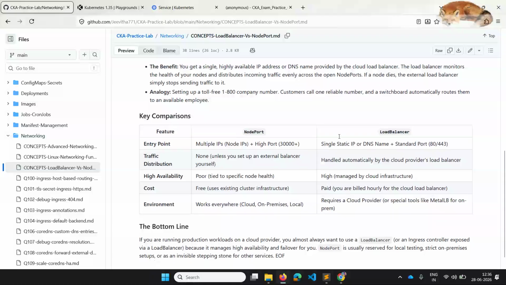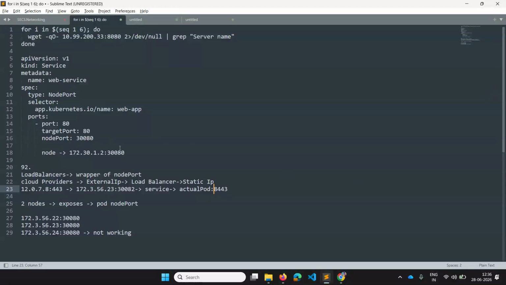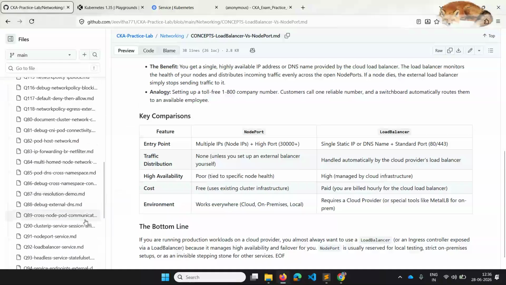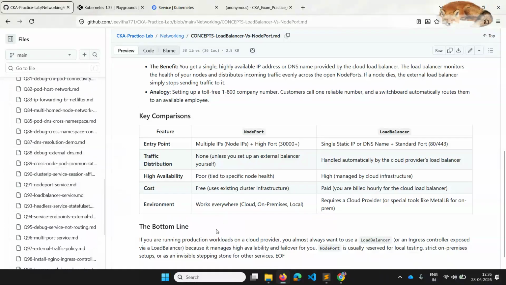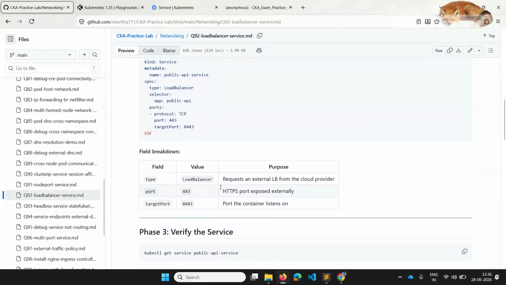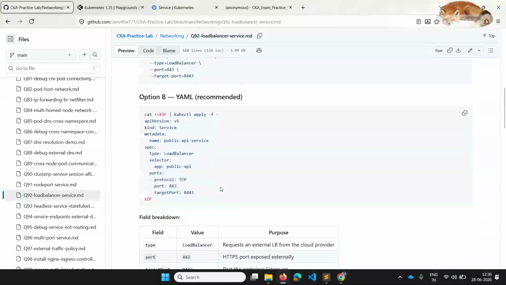And since the load balancer requires external IPs, which have to be provided by the cloud providers, and it has to run the load balancers, we need to pay for it. It is a paid service. So basically this question on the load balancer explains the importance of load balancer and how it works.